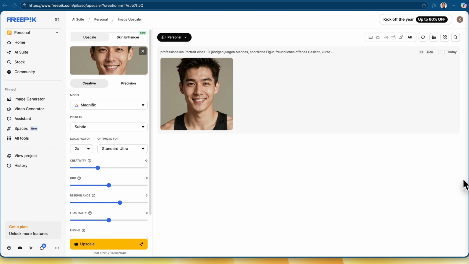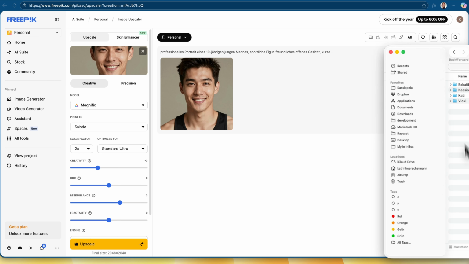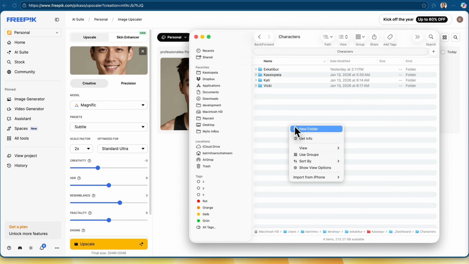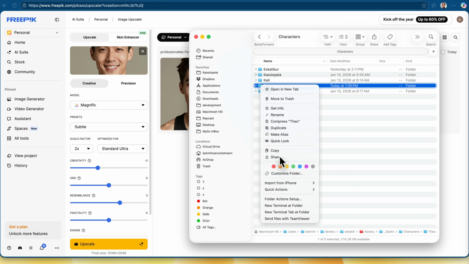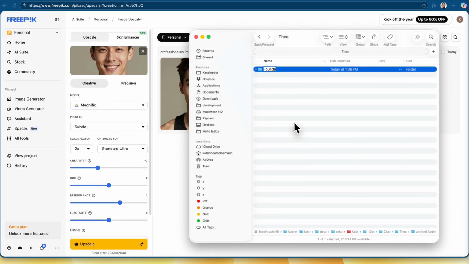It's crucial that we save this particular image now. We want to have everything properly organized later and easily located again. That's why I'm going to create a nice new folder. I'll call him Theo, and in that folder I'm going to immediately maintain our system by creating 3 additional folders, specifically one folder for foundation,